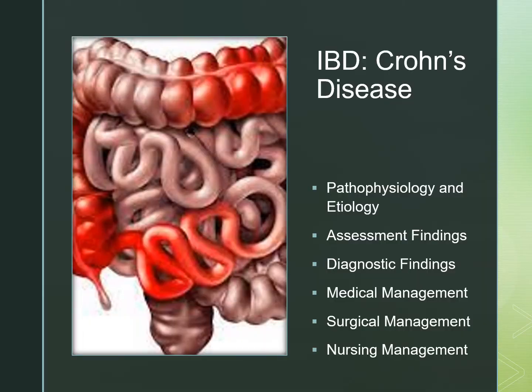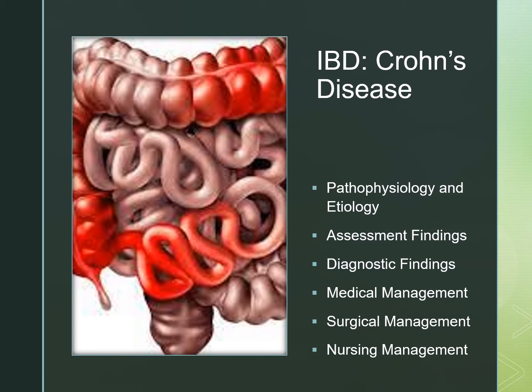Another irritable bowel disease is Crohn's disease. This is our regional enteritis. So we have a chronic digestive disorder with systemic manifestations. They may have arthritis, skin lesions, eye inflammation, and liver and gallbladder disorders. It can occur anywhere in the GI tract, but primarily in the terminal portion of the ileum. These clients have an inflammation in the submucosal layer. The affected areas can cause hyperemia, edema, ulcerations, and fistula development.